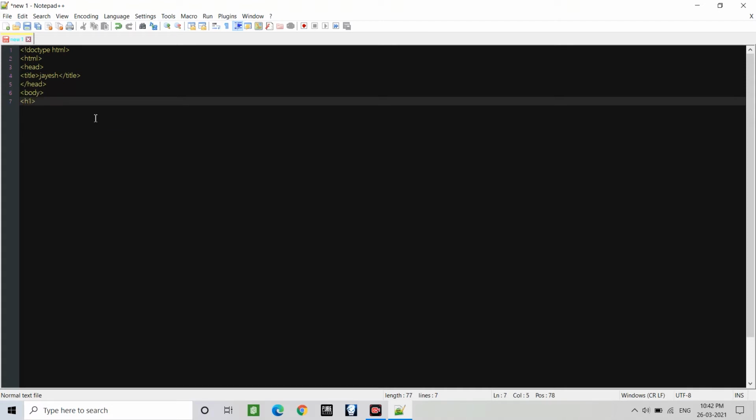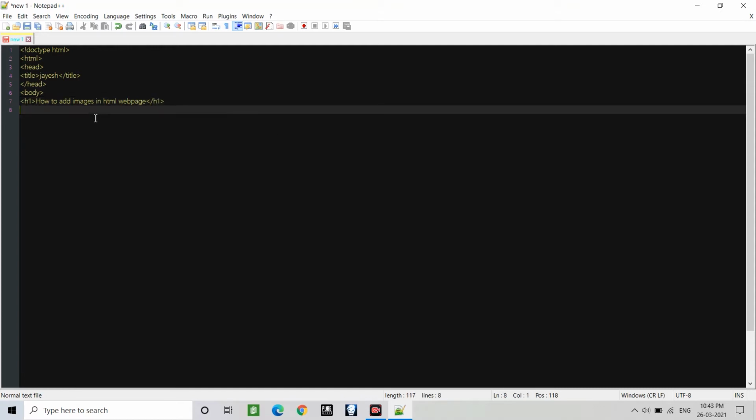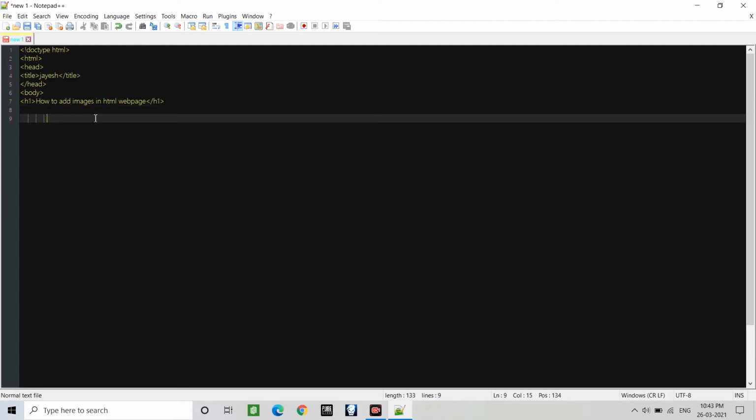After the body tag, I am adding the h1 tag for heading that I mentioned in my previous video. So actually, watch that video before you watch this video. So guys, this is our heading, that is how to add image in HTML. So I'm just closing this actual HTML web page heading. After the closing tag, I am stretching a little bit more and heading towards applying the images. For that I am using the img tag here.